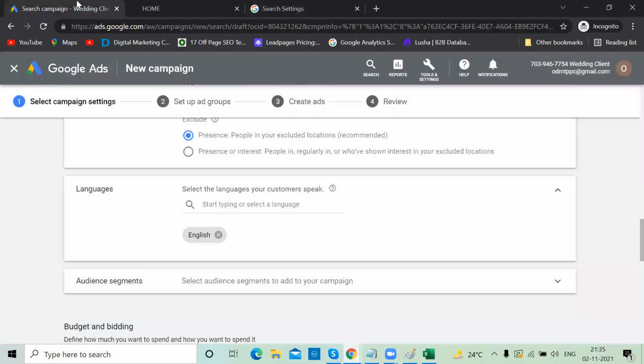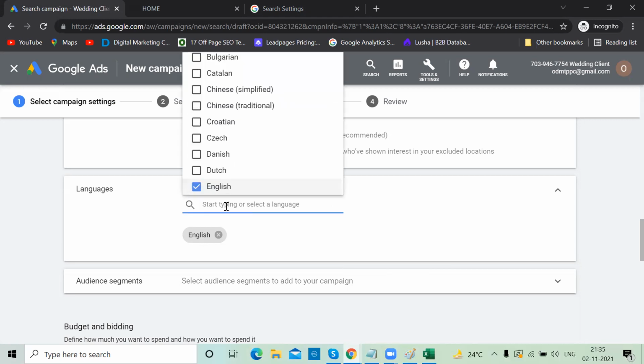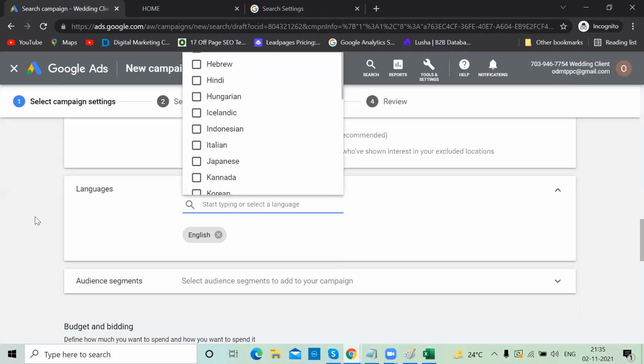Based on these settings, Google decides that this guy is a Telugu speaking guy, this guy is a Tamil speaking guy, this guy is a French speaking guy. Based on that setting, Google wants to target them. If you think that your target customers speak Telugu, you want to show the ads, then do it. But most of the youngsters, or everybody is educated here, most of the time it is English only. I say by default go for English. But if you are providing courses in Telugu and they desperately want Telugu, another time you can mention Telugu language. There are so many languages you can see here. As of now, leave it English.